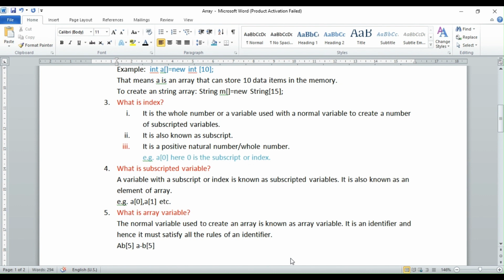We cannot write the first character as a digit, so we cannot write 2b in square brackets 5. We cannot write the array name with a digit as the first letter. We cannot give a space or hyphen or any special symbols except underscore. So it satisfies all the rules of an identifier.